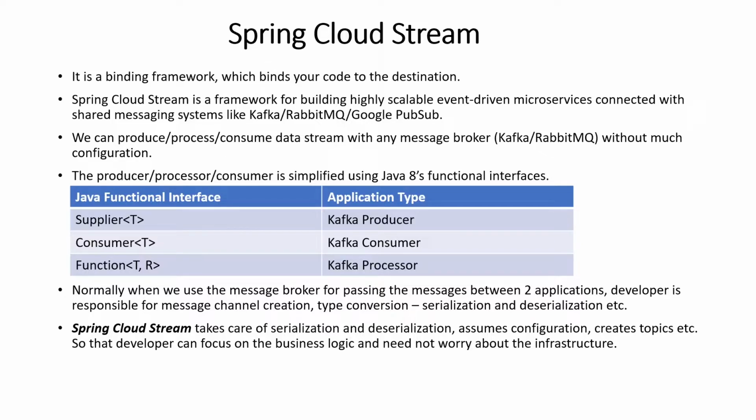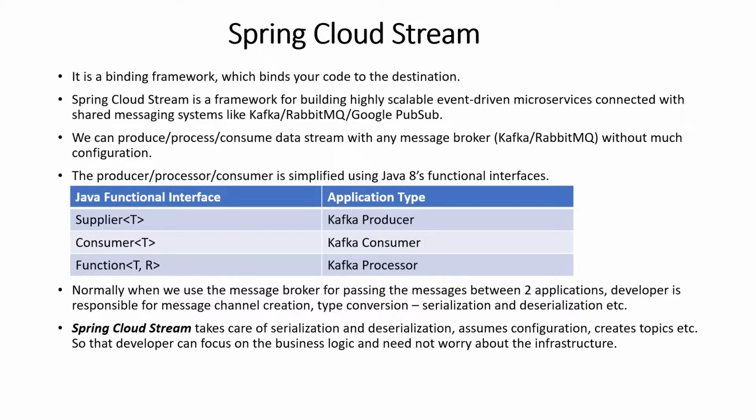They have written these three interfaces called Function, Consumer, and Supplier. As I said, if you want to just produce data, you can implement Supplier. If you just want to consume data, you can use Consumer. If you want to take in an input, process it, and return it as output, then you can use the Function interface. Many frameworks take advantage of these interfaces in understanding what exactly the developer wants to do. Similarly, in Spring Cloud Stream,